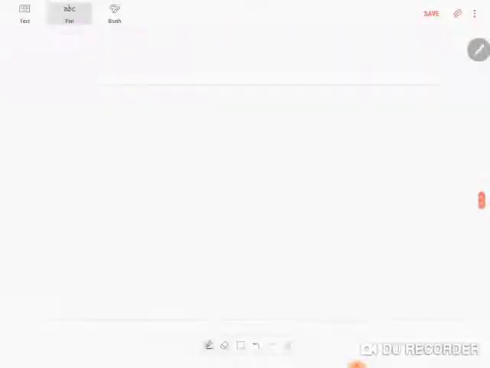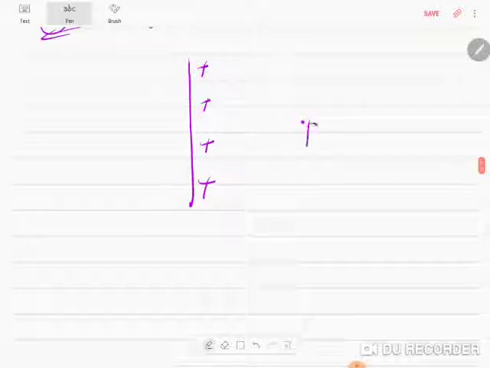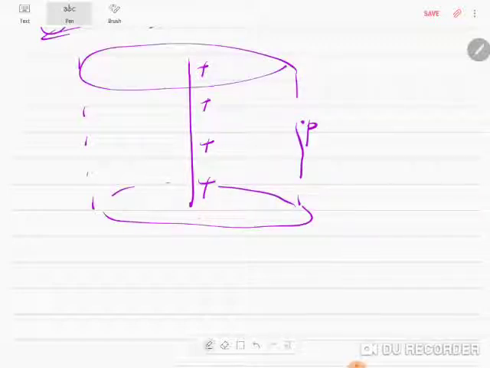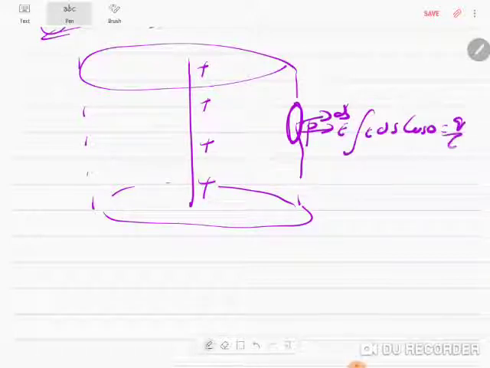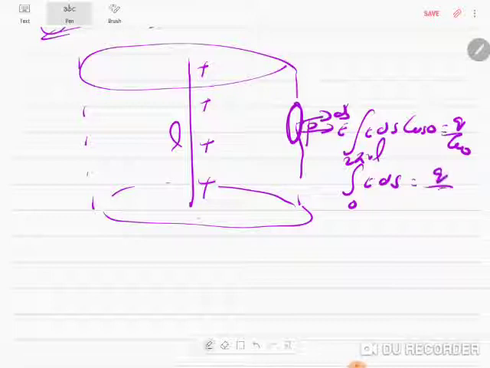So now let's study the field due to a line charge at any point P. Let's find what is the electric field using a Gaussian surface, an imaginary cylinder covering that point P. The ds vector is like this, the electric field is also like this, and E ds cos 0 is equal to Q by epsilon naught. So E dot ds will become E ds integrated from 0 to 2 pi r L, because L is the length and the surface area is 2 pi r L, is equal to Q by epsilon naught.